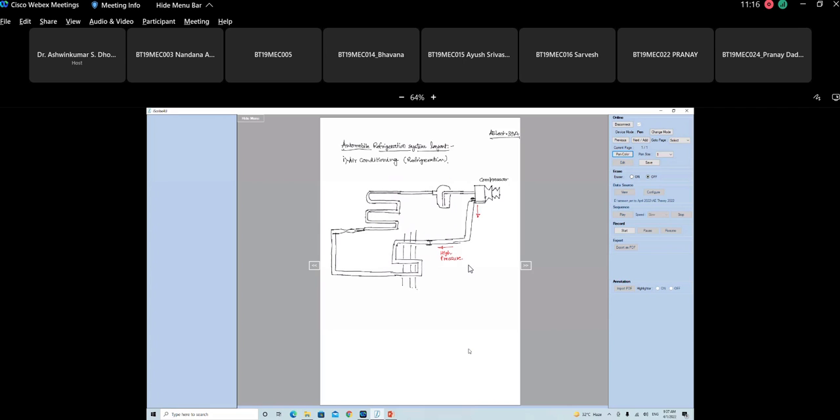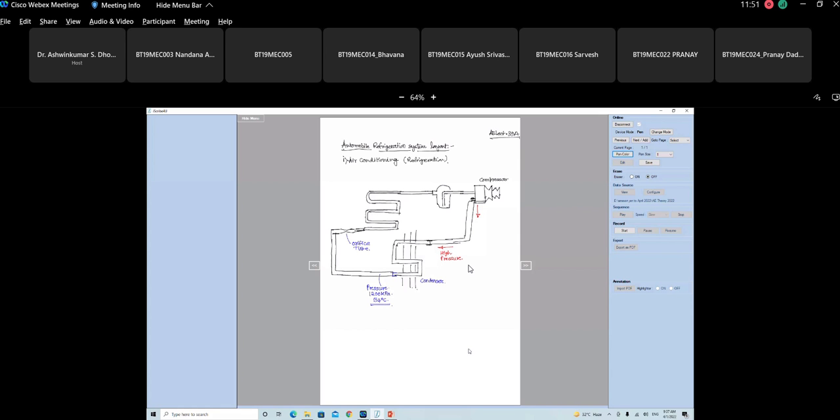From here, at the outlet of this, this is nothing but the condenser. The pressure here is almost 1200 kilopascal and the temperature is approximately, these are representative values, 54 degrees centigrade. Then this is the